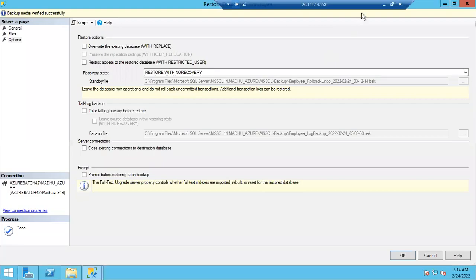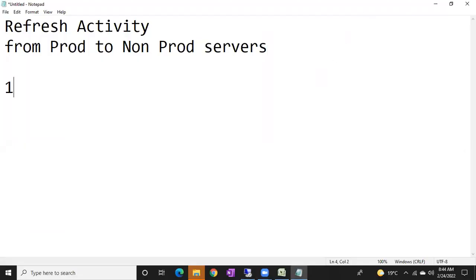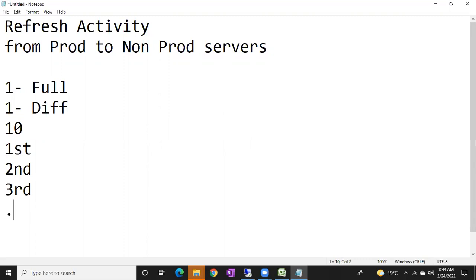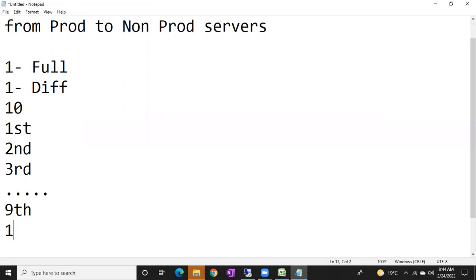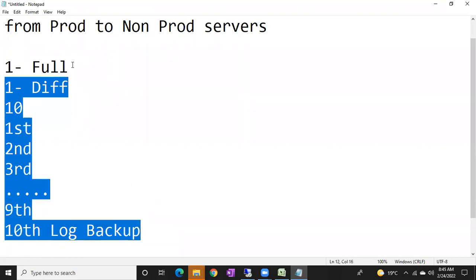Listen carefully here. Imagine I have one full backup. In our last case, we restore one full backup and one differential backup. Imagine I have to restore 10 log backups: first log backup, second, third, like this, up to the 9th and 10th log backup. As I have a lot of backups to restore,